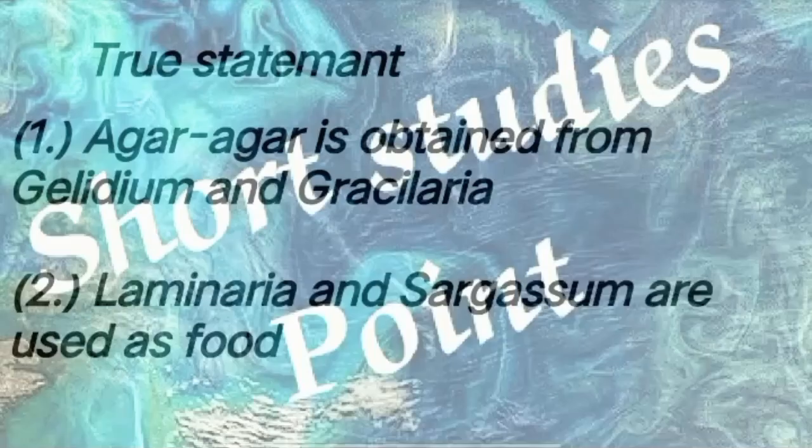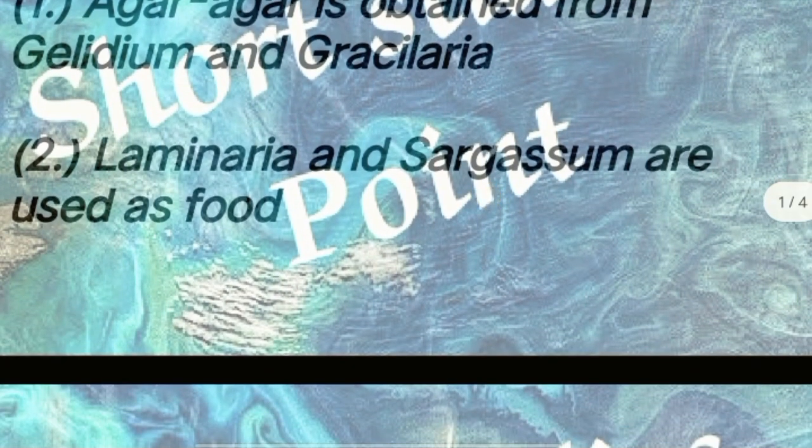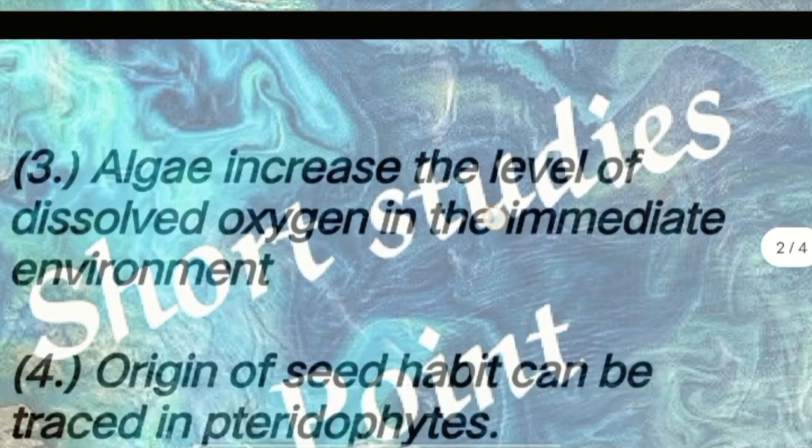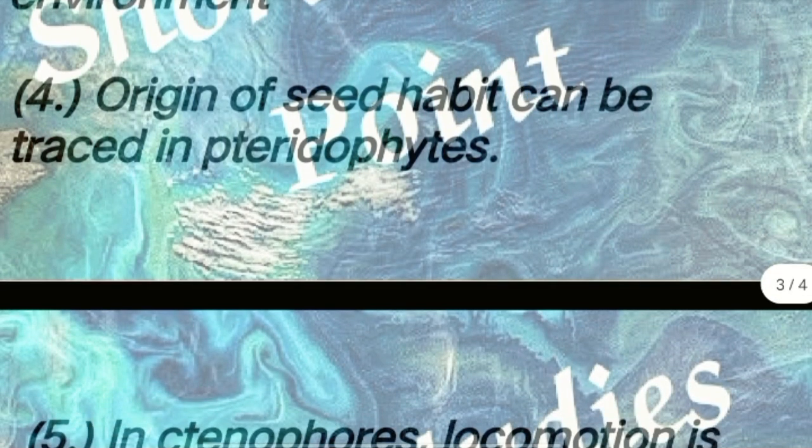Answer: aquatic. Question: true statements. First point: agar is obtained from Gelidium and Gracilaria. Next point number 2: Laminaria and Sargassum are used as food. Next point: algae increase the level of dissolved oxygen in the immediate environment. Fourth point: origin of seed habit can be traced in